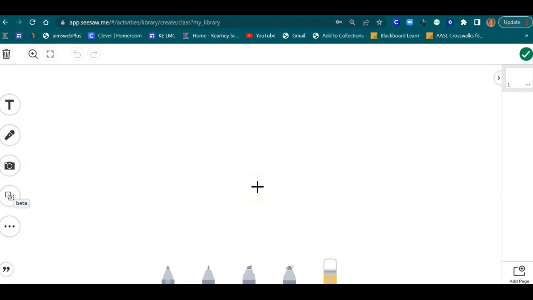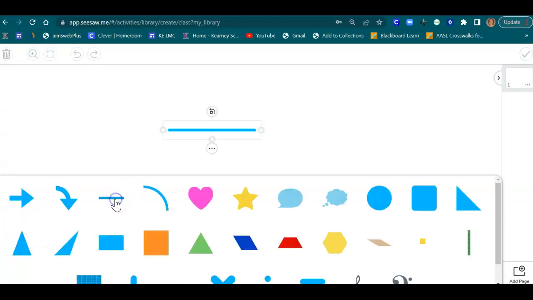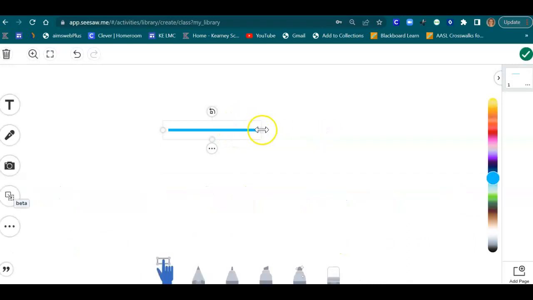But I also want to show you a little trick. A lot of times when I made an assignment, I would come in here to this page right here, and I would make it kind of like the kids' worksheet, if you will, right? Sometimes I'd get my tools or my shapes, like the line, and I'd make a T-chart. I did that all the time.